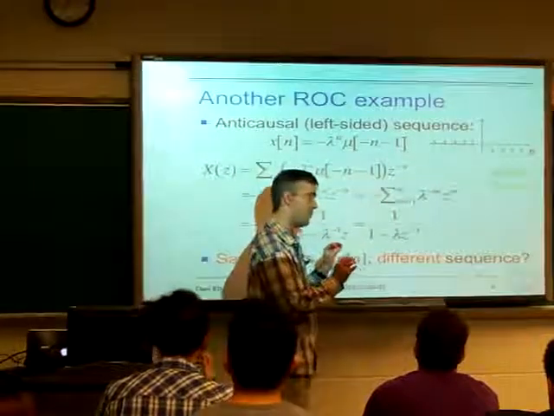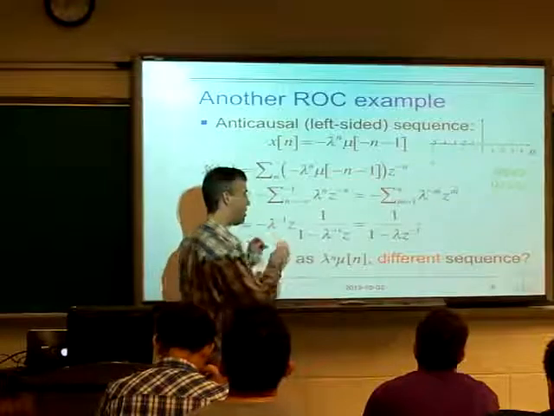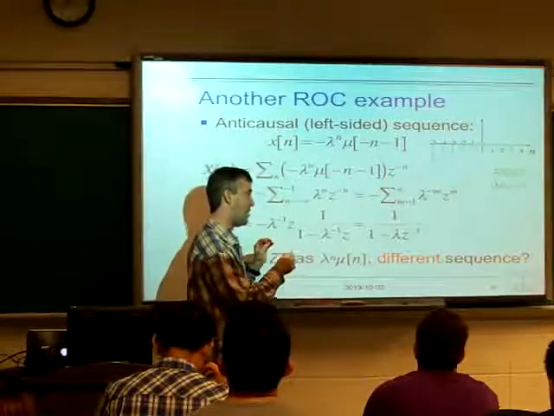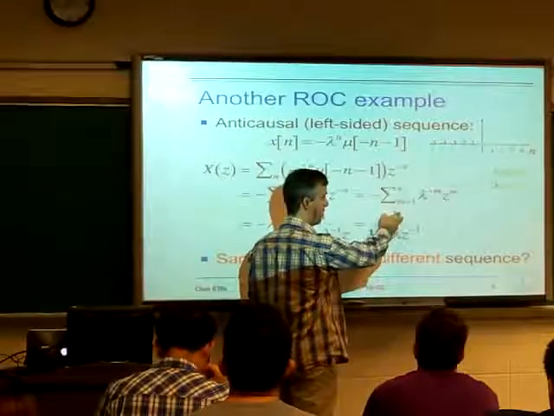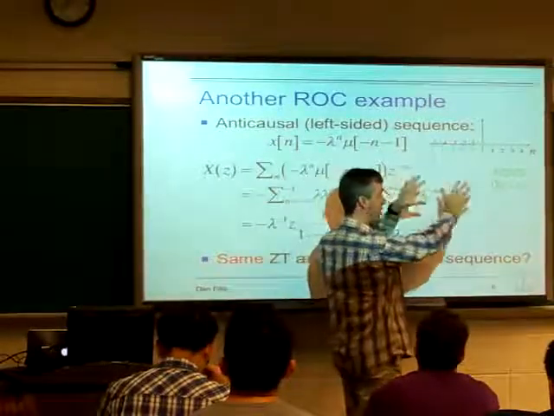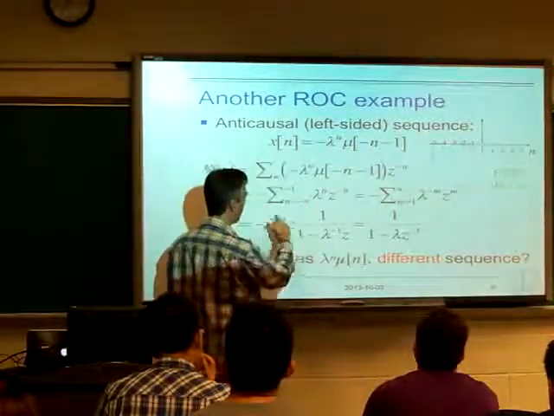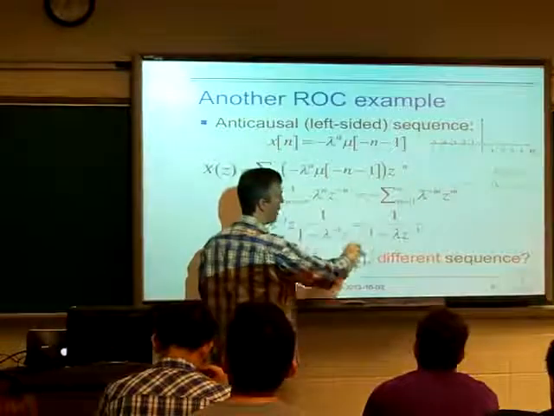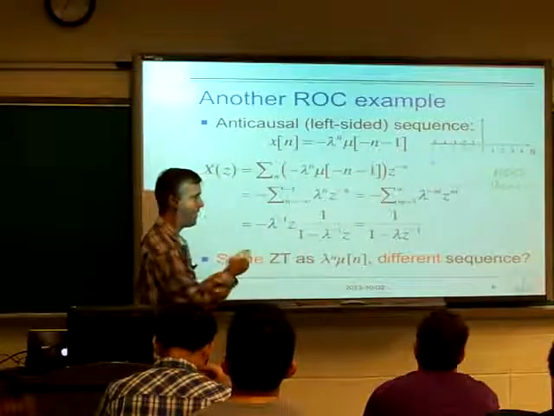Shifting it in time, as we're about to see, the z transform of a function that's shifted in time is just z to the minus n0 times that function. So if we just put some constant power of z on top of here, we get the z transform of a sequence that's shifted. And then you can see that's going to work out here. But yeah, we get different powers of z out here, and then it wouldn't be quite so neat. But yeah, it would look the same. Yeah? So